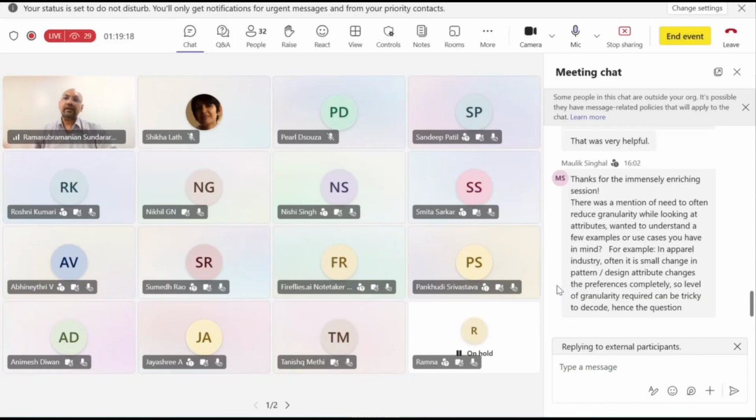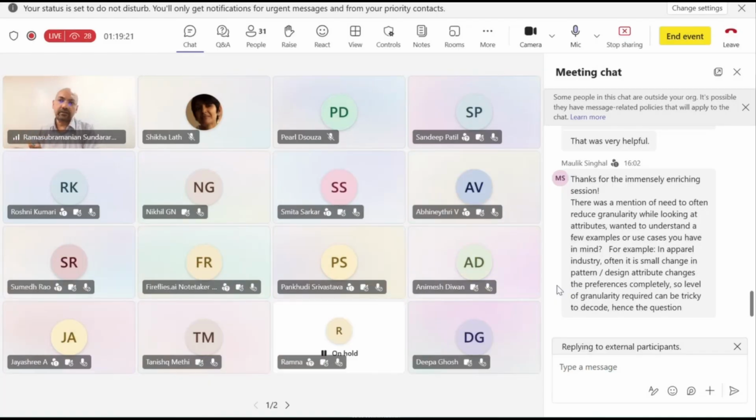So certain attributes, like people may have category preferences and they keep buying in the same category. They may have color preferences, they buy the same color, but subcategories, they may be all over the place. So that might tell you which things you need to consider more important. And in these, the way you think about granularity may be very different from the way you think about granularity elsewhere. And it can then feature in the way you build your recommender system. It's not so much the number of distinct values there are, it's a function of whether people have preferences that are exhibited in those, and can that feed back into how much importance you give to granularity on something versus loss of granularity on something else. I hope that answers your question, Maulik.